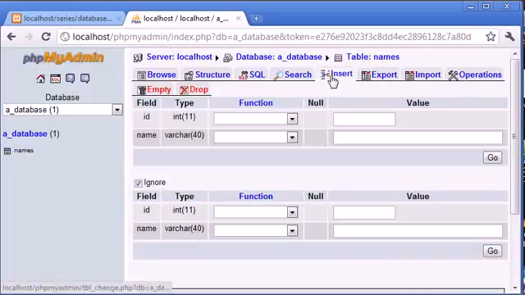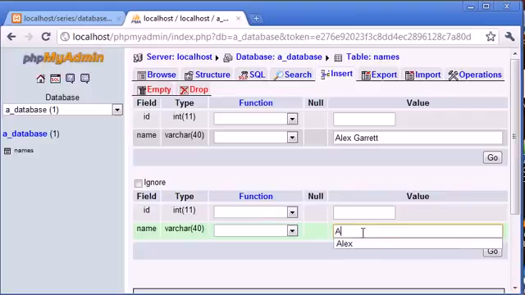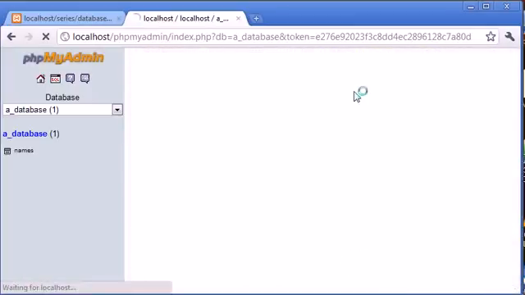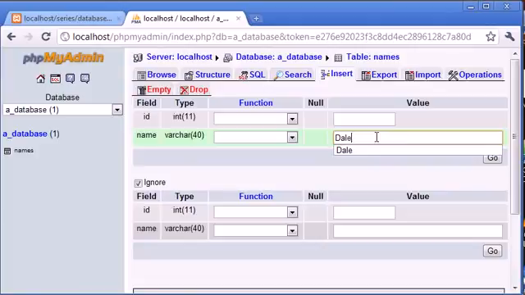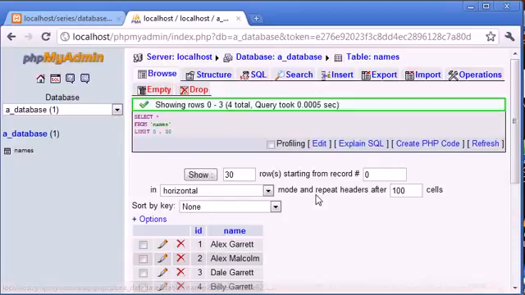Let's go ahead and insert some names. So I'm going to insert Alex Garrett, and down here I'm going to uncheck ignore, and I'm going to type, let's say, Alex Malcolm. Let's go down and click go. Okay, let's insert a couple more records. So let's say Dale Garrett, and we'll say Billy Garrett as well. So all we're doing really is inserting a few bits of dummy data